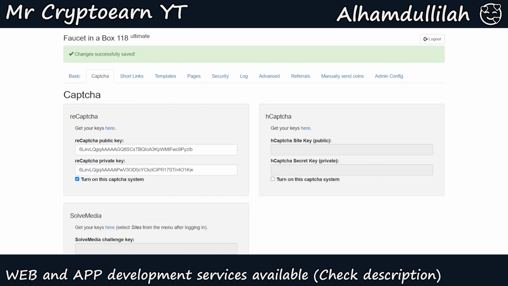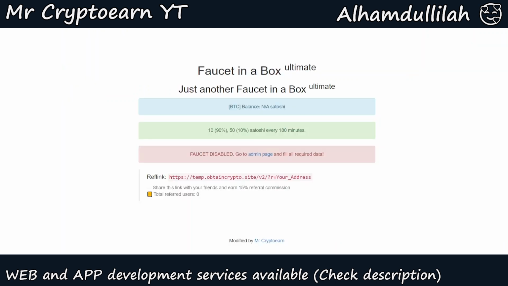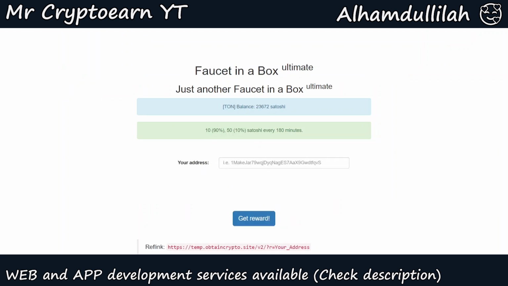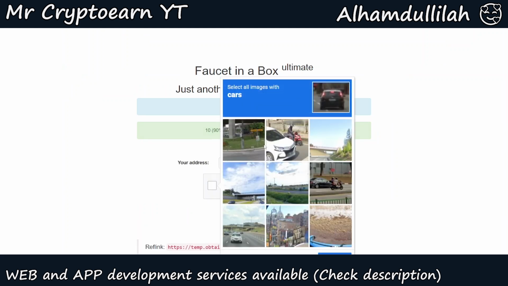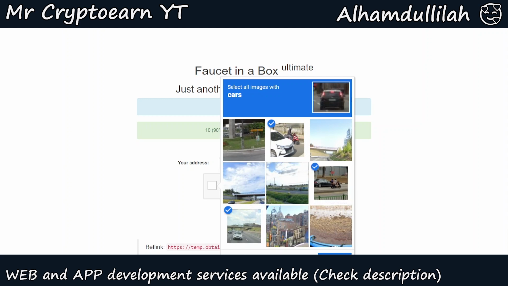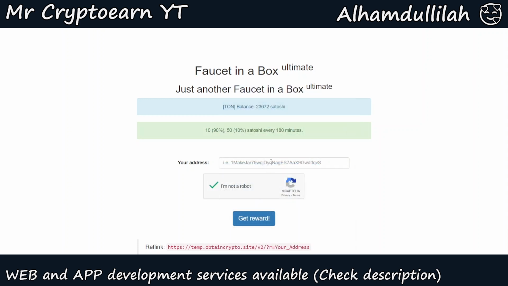And as you can see, I have added the captcha keys as well as the API key, and I have also disabled the option that says disallowing claiming with an email. Now I'm going to refresh this faucet, and now I'm going to click on I am not a robot, and now I'm going to enter my email address over here and see if it pays out or not. Now let's click on get reward,